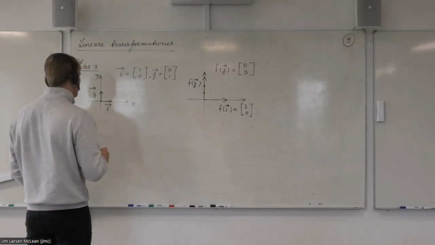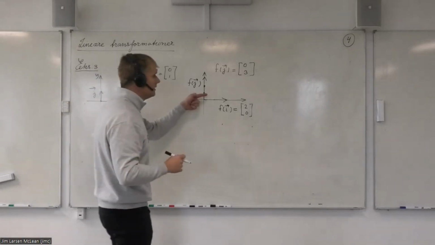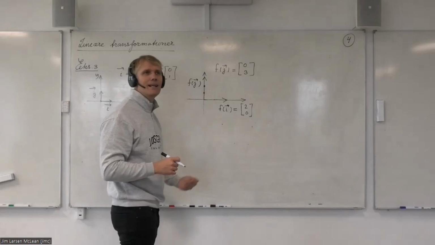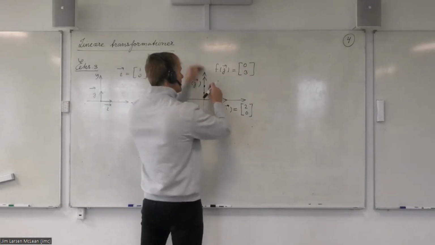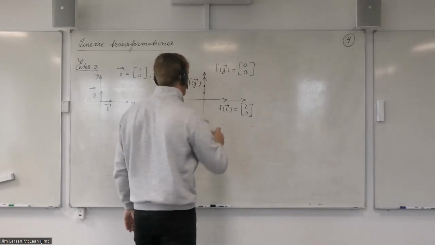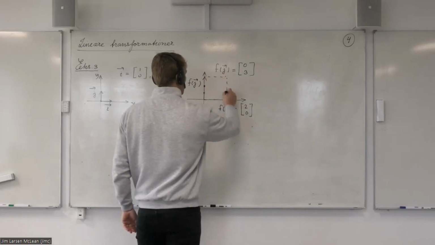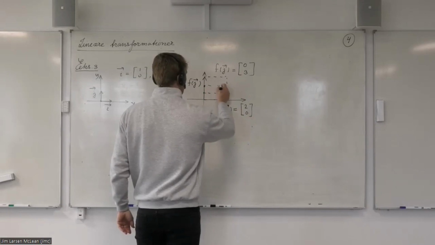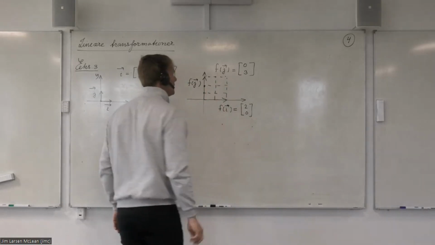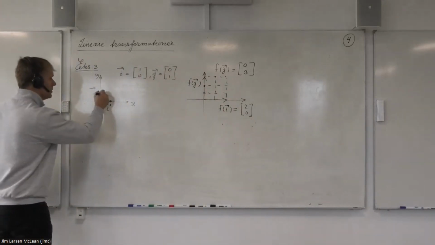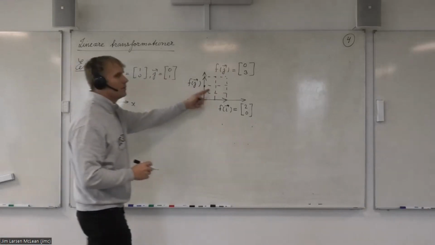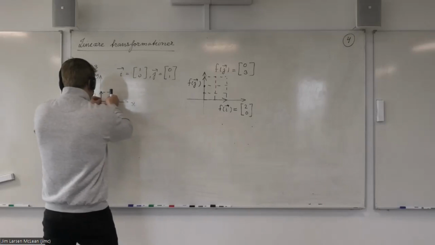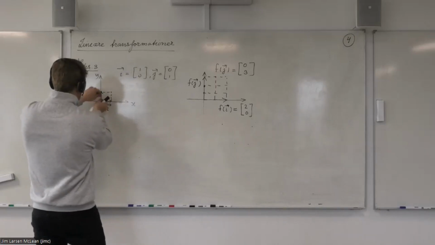The transformation matrix that does that scales the universe by a factor of 2 in the x direction and a factor of 3 in the y direction. You can see I get this kind of grid pattern here. In grid lines, it looks like that, and it looked like this at the beginning. What has actually happened from here? Well, if I stretch the x-axis by a factor of 2 and stretch the y-axis by a factor of 3,